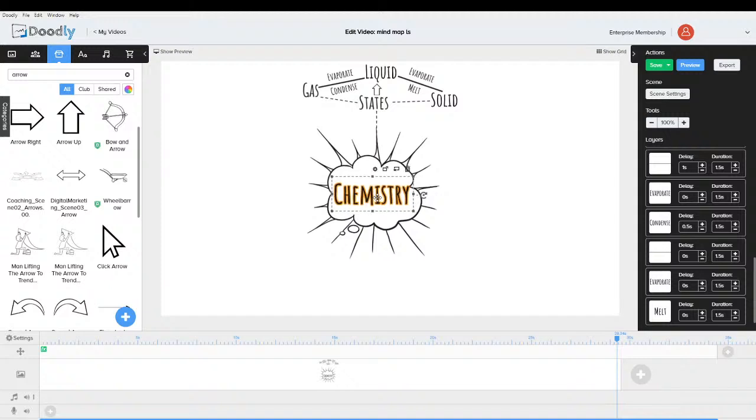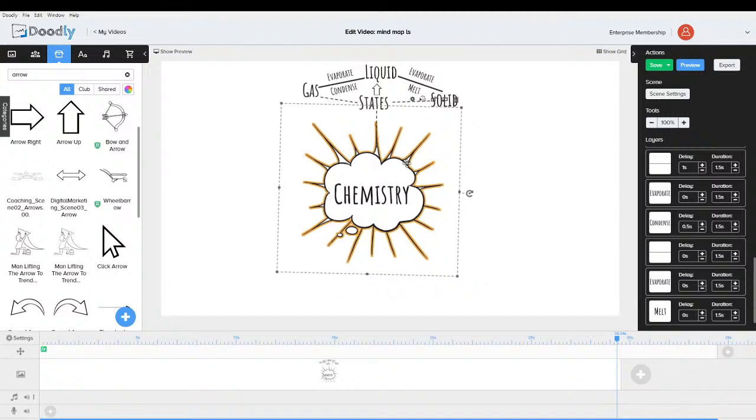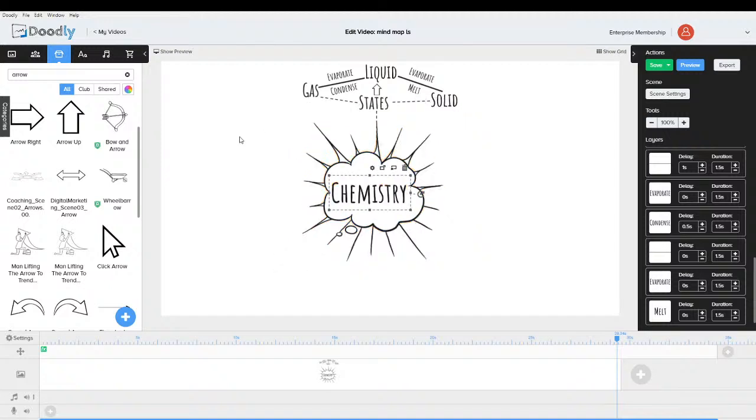And this, in fact, because I haven't put much in, I can afford to make that a lot bigger. And I just want a degree. There, that's better.